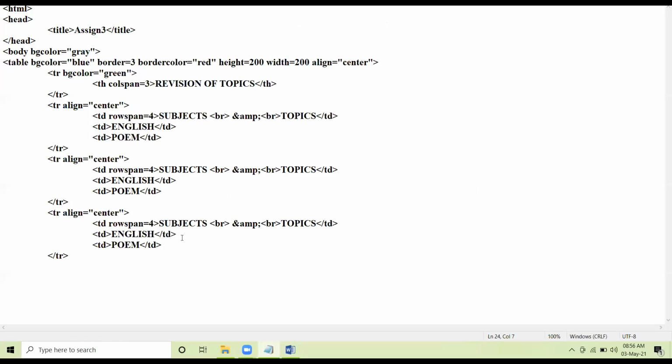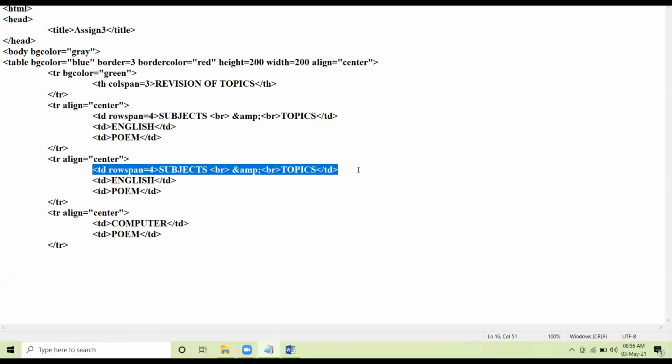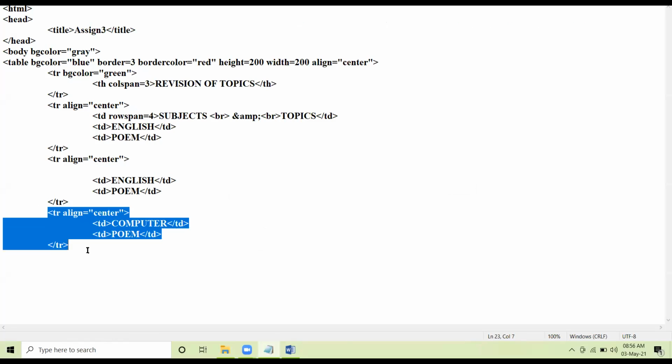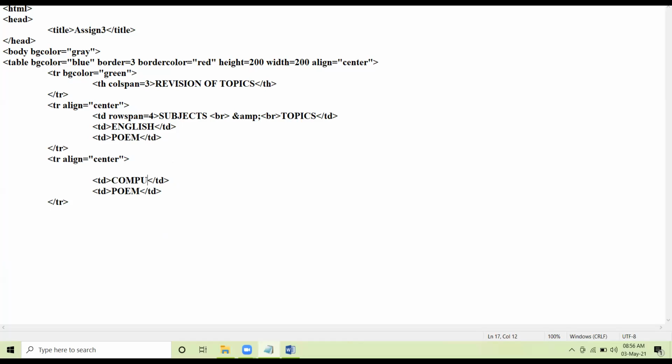So here we'll be having just two cells, computer and, oh sorry, I have to write here. Computer and tables. Okay. So this ends the third row.